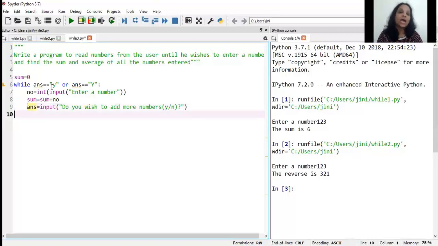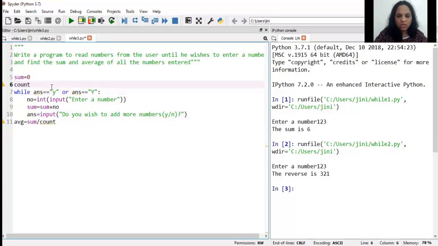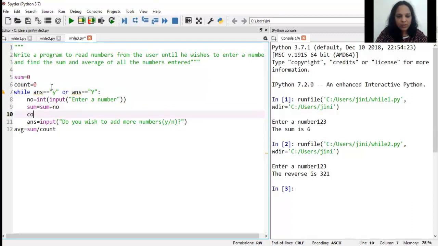And then I need to find average, because average is not found many times. Summing up, I have to keep adding one at a time. But average is found what? I write AVG, or average, is equal to sum divided by count. Now what is count talking about? How many numbers he entered. But don't I have to keep a track of that also? Yes. So I'm going to initialize another variable called count, which is initially 0. And every time he reads a number and I've added it up, I will increment count. So I will say count is equal to count plus 1. So every time a number is entered, count is going to get incremented, and average is going to be nothing but sum divided by count.